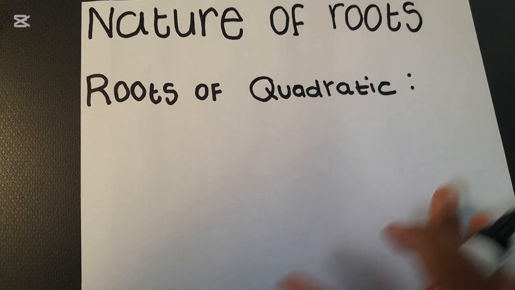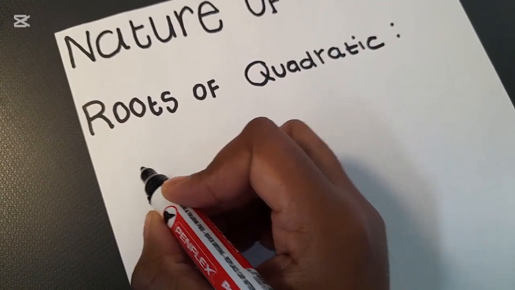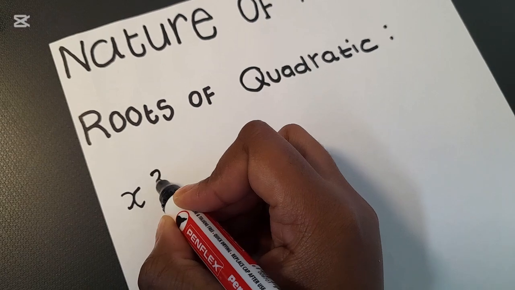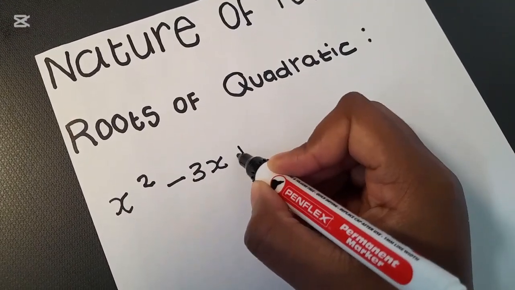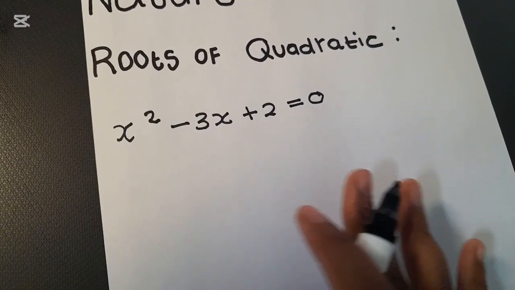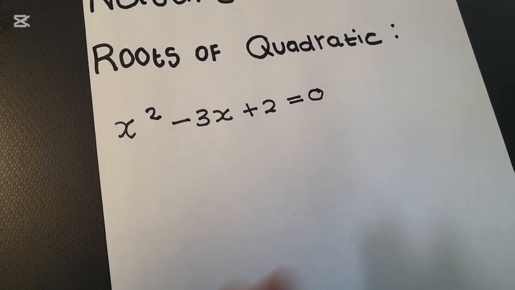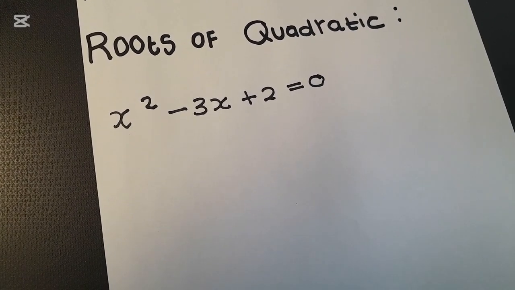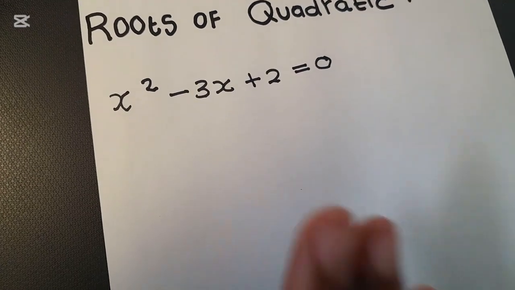For instance, let's say we are given the example x squared minus 3x plus 2 is equal to 0. Let's say we are provided this equation and we are expected to determine or discuss the roots of a quadratic equation. The first thing that we have to do here, we already know, is to factor out